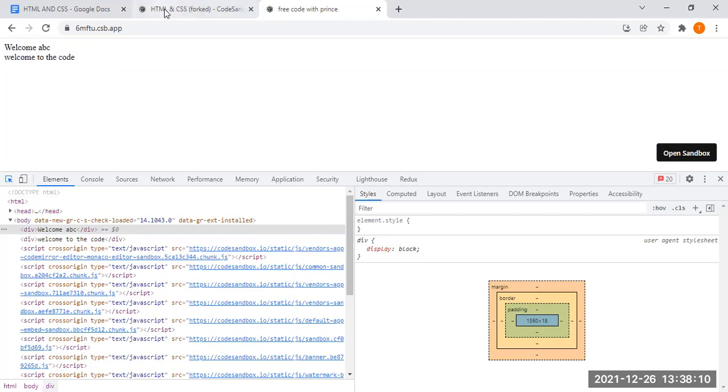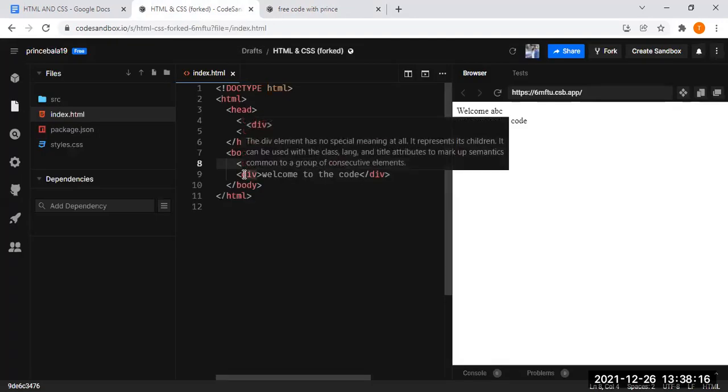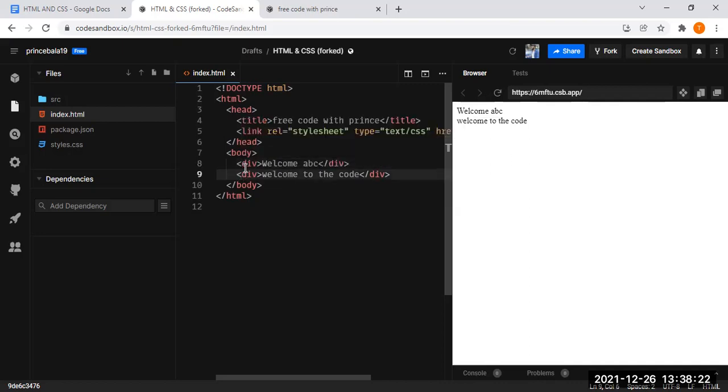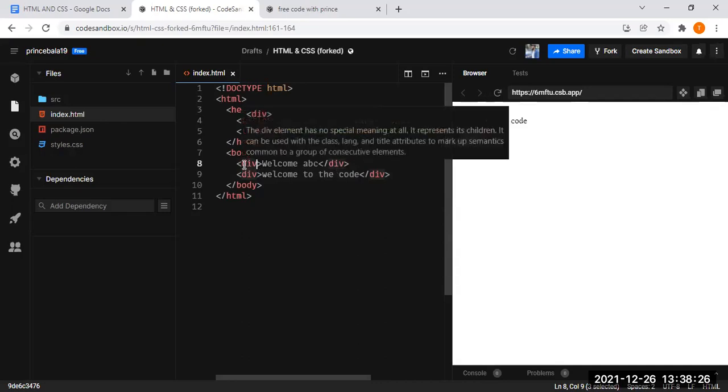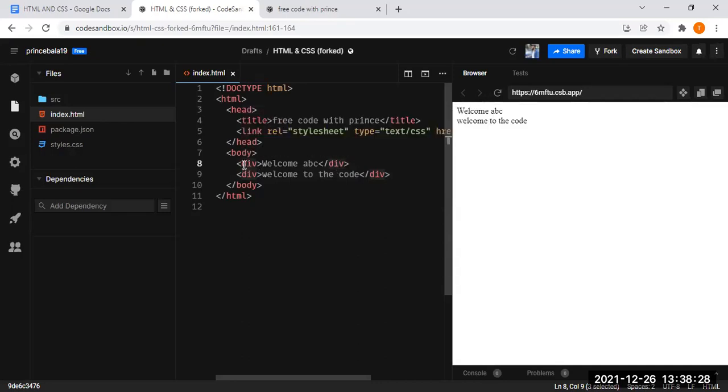Okay, so that is the reason. Basically div is a block level element which you can use if you like to display the entire row. There is an opening tag of div, and as I told you, if you have an opening tag, there should be a closing tag.